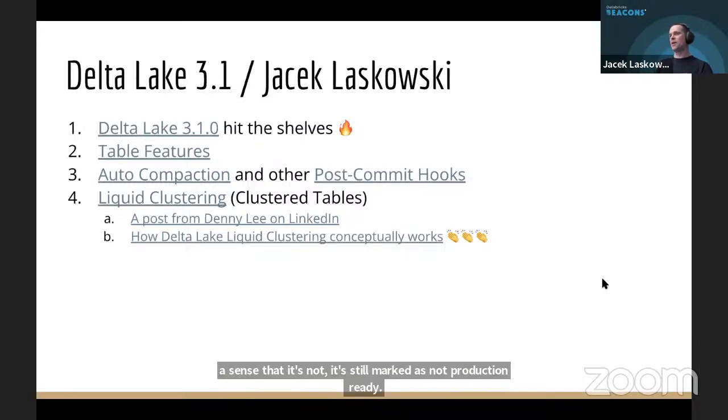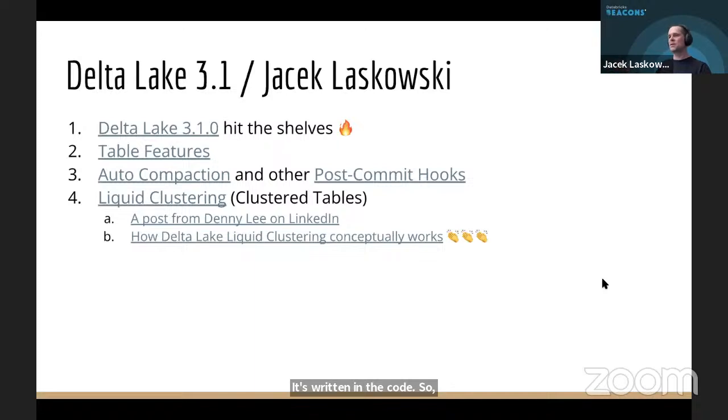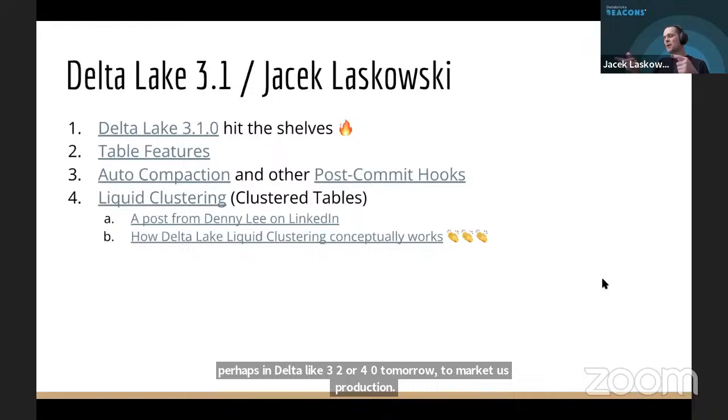So yeah, please correct me, the Delta Q, if it's still applicable or not, but this is still in the code of Delta Lake 3.1. Yet you can get a feeling of what's coming once they decide, perhaps in Delta Lake 3.2 or 4.0, to mark it as production ready. So what is liquid clustering? Basically, Michael